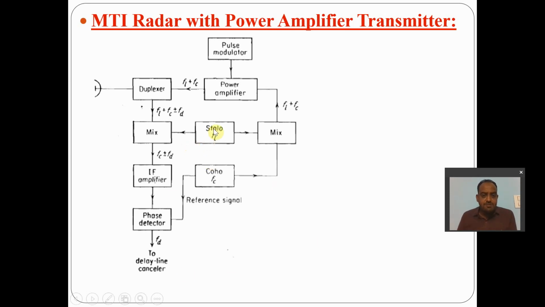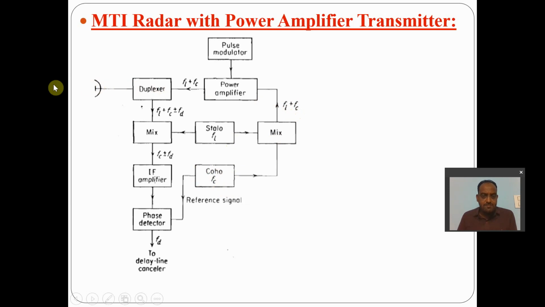if you see, STALO and COHO are the two local oscillators. STALO is a stable local oscillator which generates frequency FL. COHO is the coherent local oscillator, which is also a stable oscillator with frequency Fc. FL and Fc both are supplied to this mixer, forming FL plus Fc, which is the frequency that we use